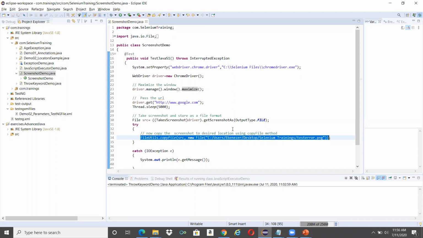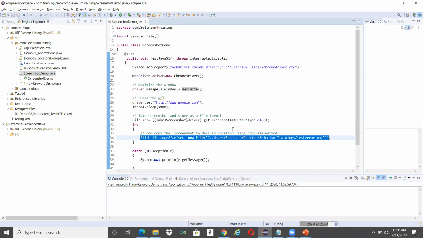For example, when you are dealing with alerts, when you click on alerts, you first switch your driver using the dot switchTo method onto the pop-up and then perform some action. The basic and central idea is, without the driver you cannot do anything. The driver is the main thing. Anything extra that you want to perform, first associate your driver with that particular concept, and then perform the action.